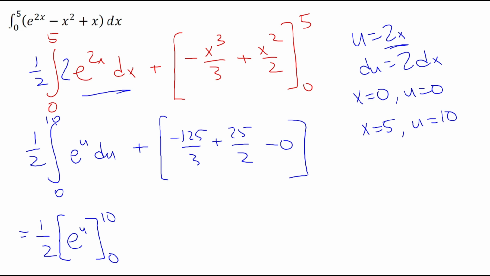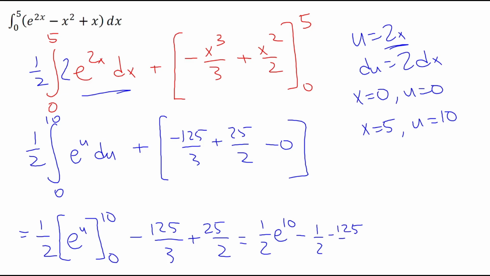Let's see. I'm not going to deal with that yet. 125 thirds plus 25 halves. We'll figure that out in a second. This is now 1/2 e to the 10th minus 1/2 e to the 0, so minus just 1/2. And then we still have the minus 125 thirds and the plus 25 halves, which is going to give us